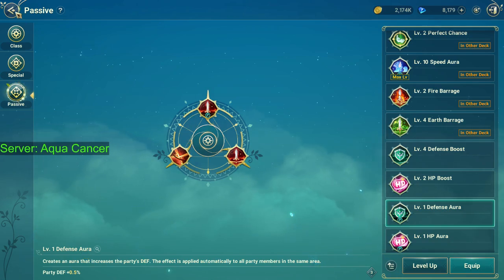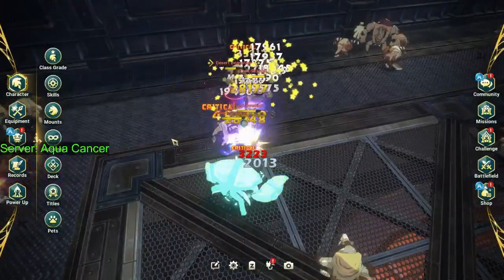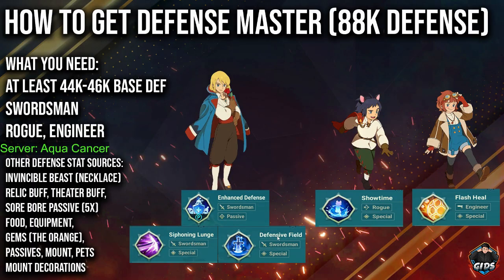Alright, so let's go over the skills from the other class. Okay, for the swordsman, you will need enhanced defense, siphoning launch, and defensive field. Of course, the higher the level, the better it is. So for swordsman, if you are a swordsman class that's trying to get defense master, it's going to be